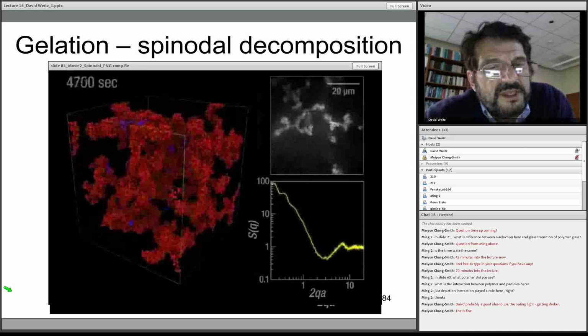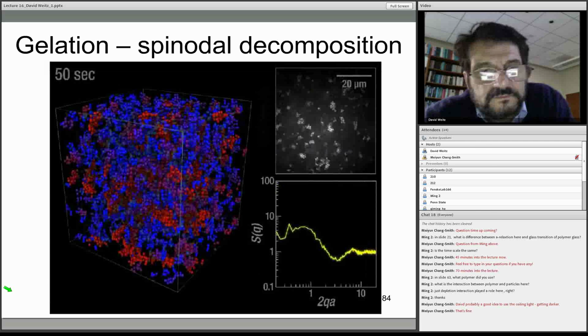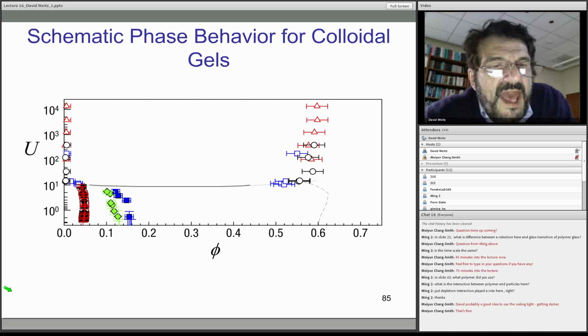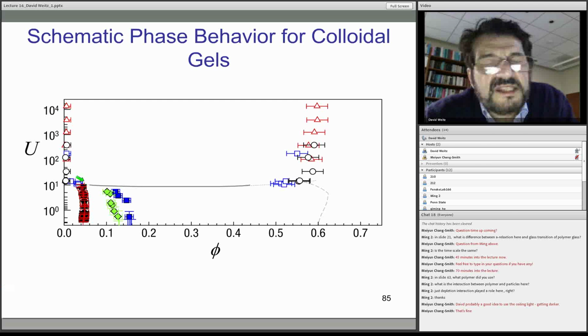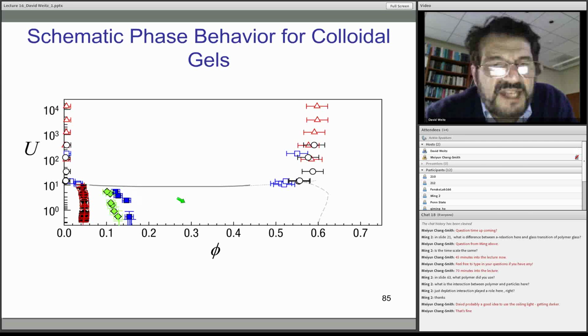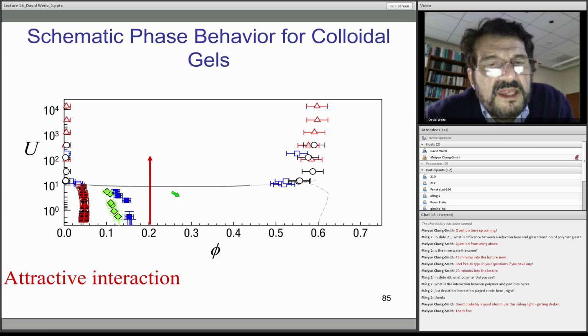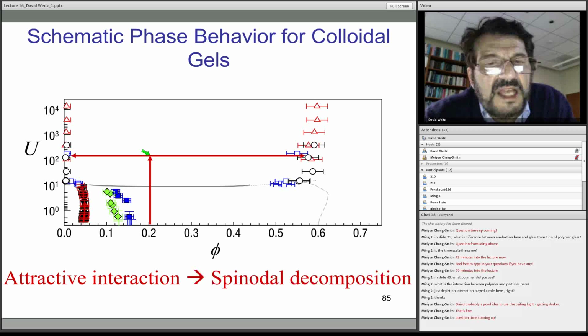So what this says, thank you, Mayun. What this says is that what you have is essentially a spinodal decomposition. Wherever gelation occurs is exactly spinodal decomposition. That's shown here reasonably well. When you move up, what you're doing when you turn on this interaction, you go from no interaction to an attractive interaction. You're crossing this spinodal line, and the result is you undergo spinodal decomposition, and that's what leads